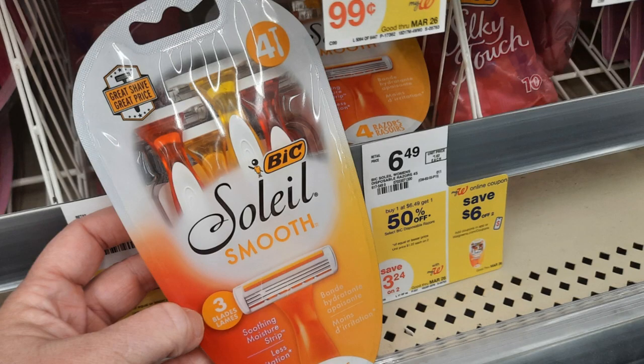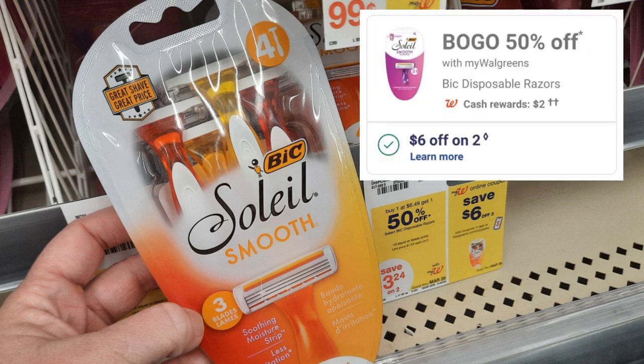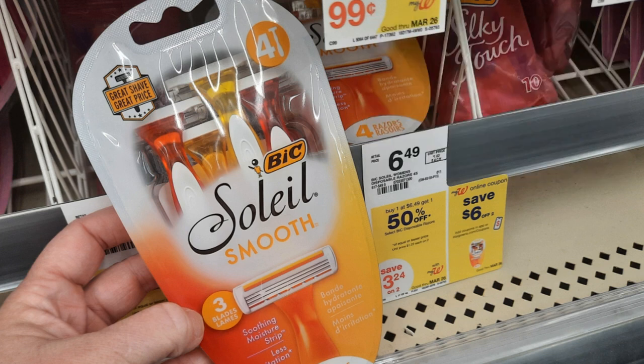Okay, guys, the Bic Soleil is probably my favorite deal that is going on. So you want to look for the cheapest ones. These are the cheapest ones I could find. They all vary in prices, but there are some that are as low as $6.49, which is what you see right here. I grabbed these. They are on sale this week for buy one, get one 50% off. So one is going to ring up $6.49. The other one is going to ring up $3.24. That's going to take your total to